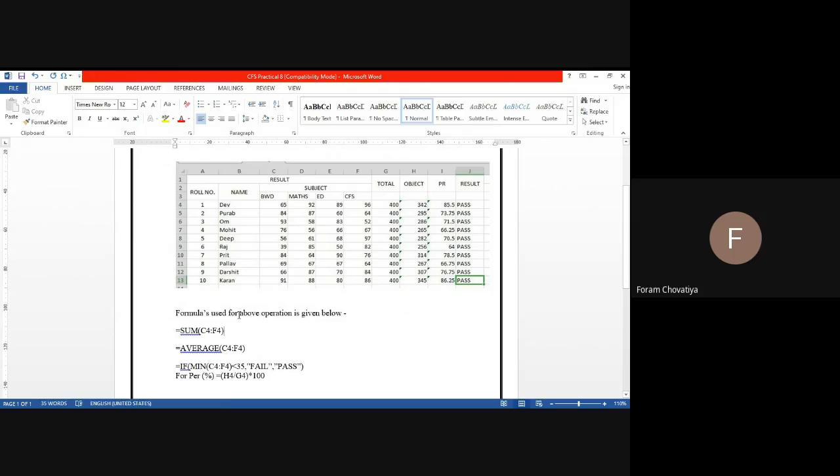And also write down your formula like that. You can see which formula we have to apply for each individual column and cell. Okay, all the formulas you can write down in your notebook.